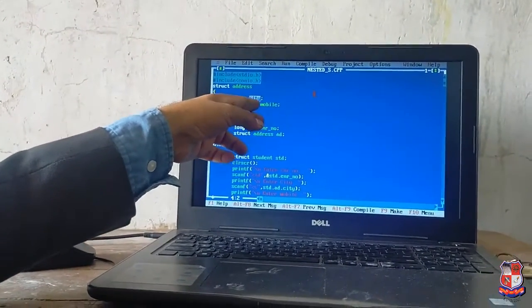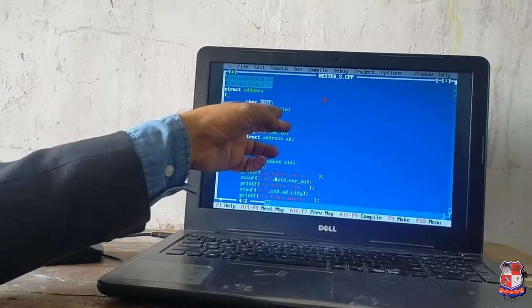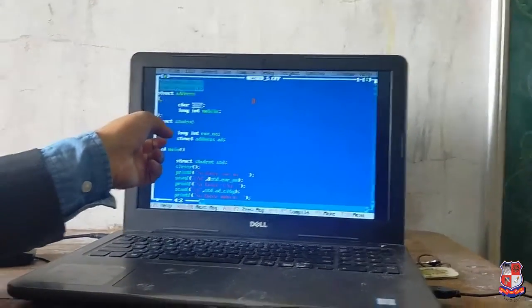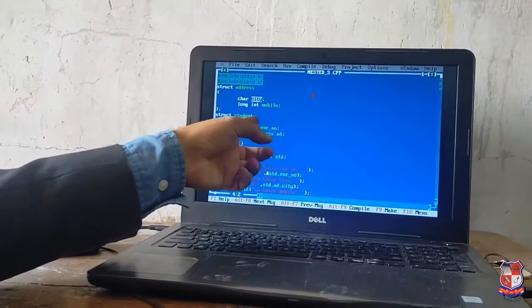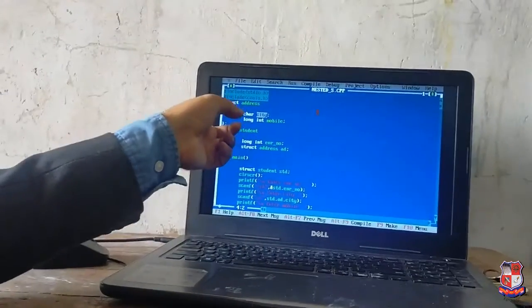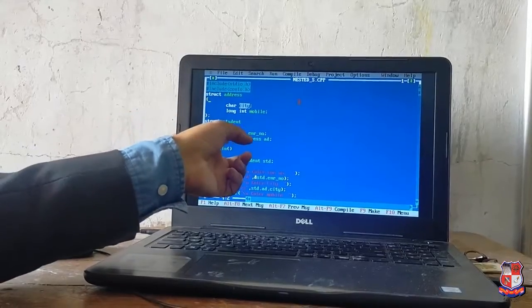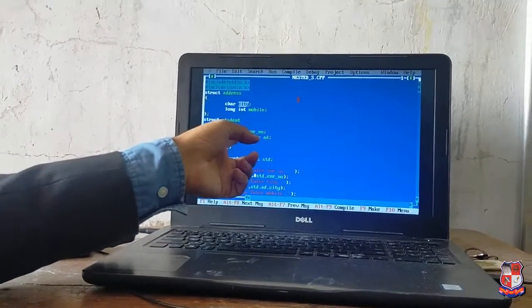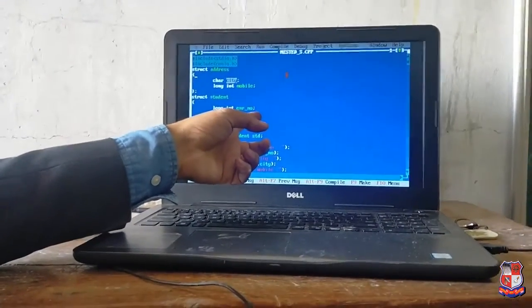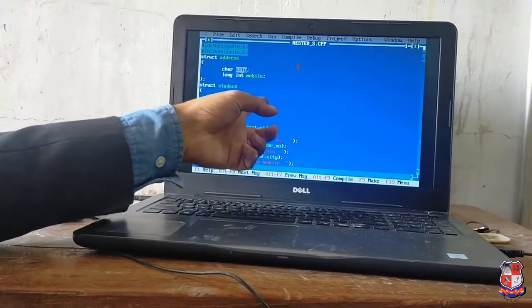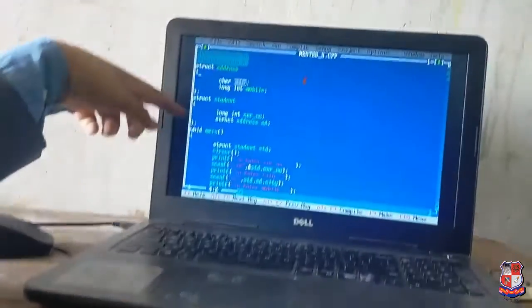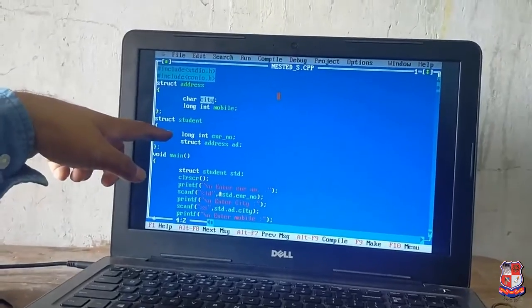Here we take long integer because the mobile number has 10 digits. Second one is student. In this structure we use the address structure. Here see struct address, and add is the structure variable. So that one is called the nested structure.